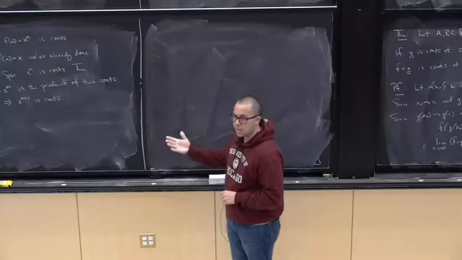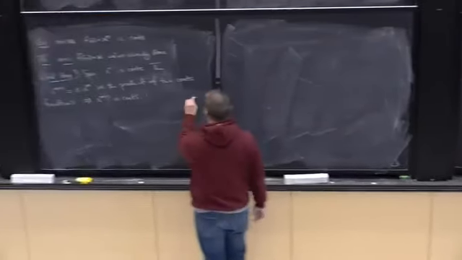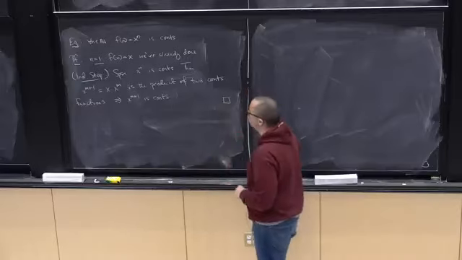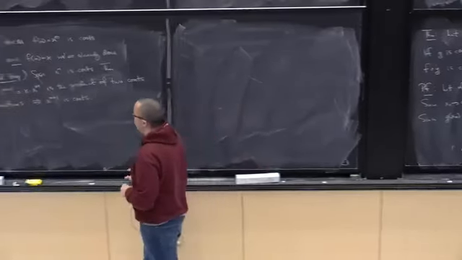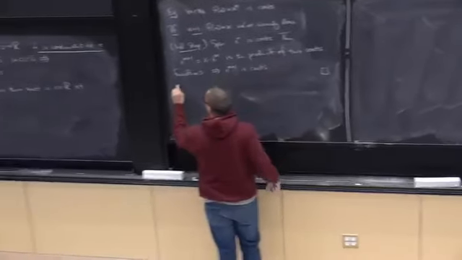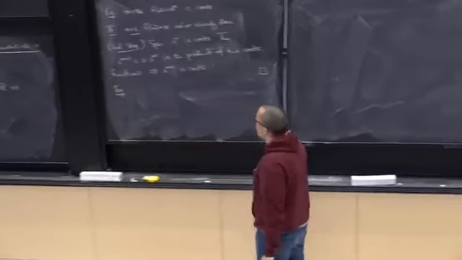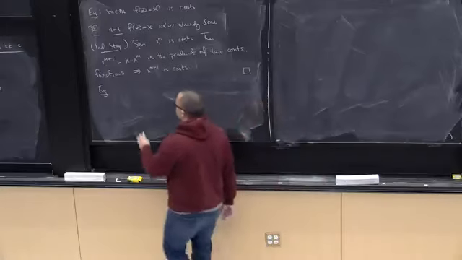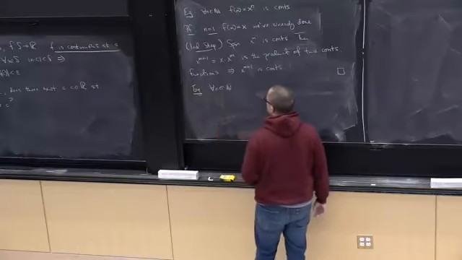for all c in R, x to the m is continuous at c. So maybe I should have written that down, but I think that meaning should be clear enough. And by the same inductive reasoning, you could also prove that for all n a natural number,